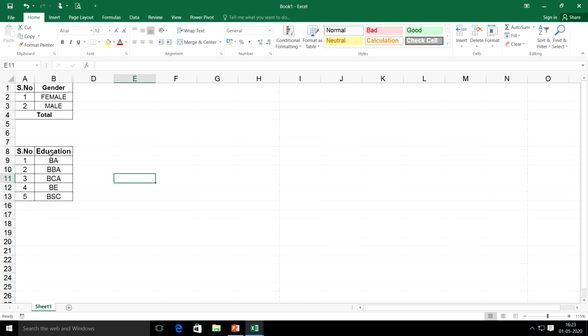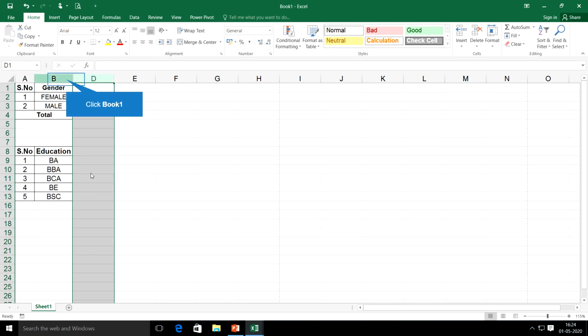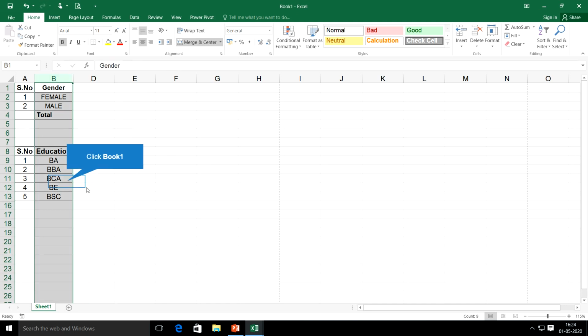Now I want to bring back that particular column and row. How do I know where the row is hidden, which column is hidden? I will tell you. By looking at this column ID, you can easily identify which column is being hidden. Here when you look at this column ID, it is A, B and then D. So in between C is missing. That means that column C is hidden. So to bring back column C, simply select either B column or D column. There you can see the unhide option. You can get it from there.